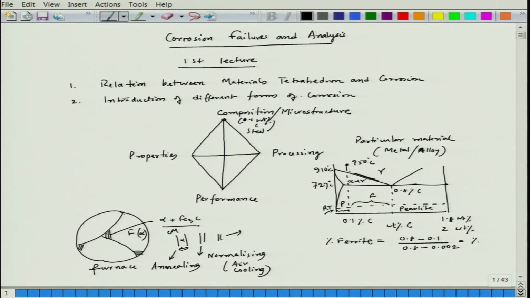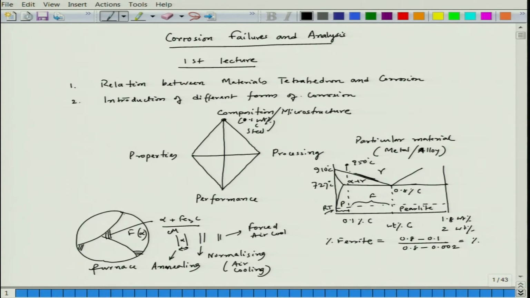and if you decrease the spacing between two cementite lamellae, we can do it by having a forced air cool. How do you do that? You take the sample out after austenitization at 950 degrees Celsius, and then take that sample in front of a fan, okay, which actually forcefully takes the heat out, and you have a higher cooling rate.